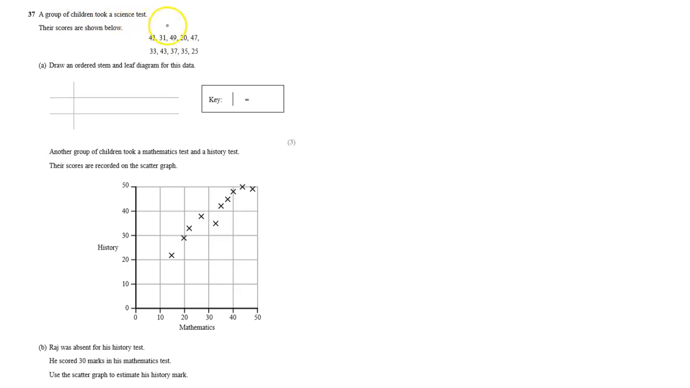A group of children took a science test. Their scores are shown below. Draw the ordered stem and leaf diagram. So we have 2, we have 3, and we have 4. So we start with the 2, 3 and 4. So 2 is only 1, so we'll write